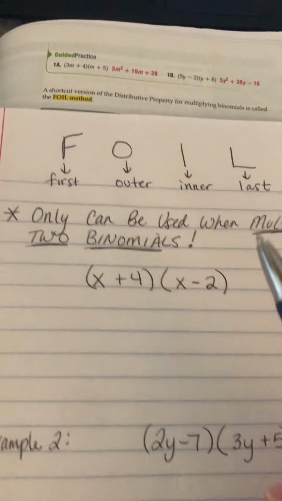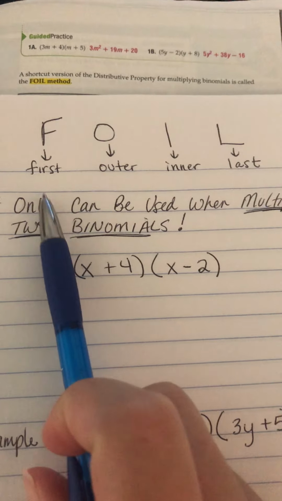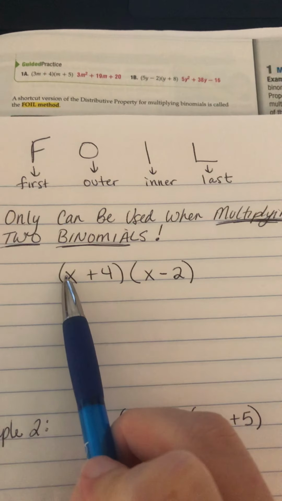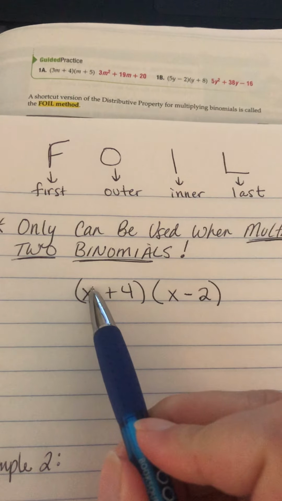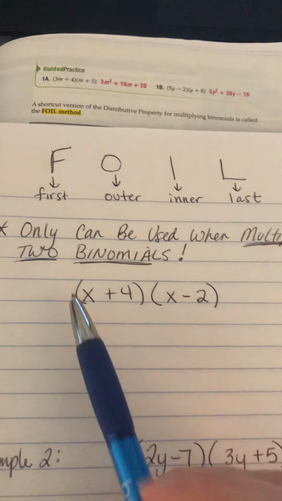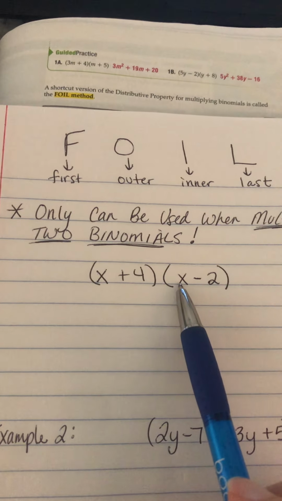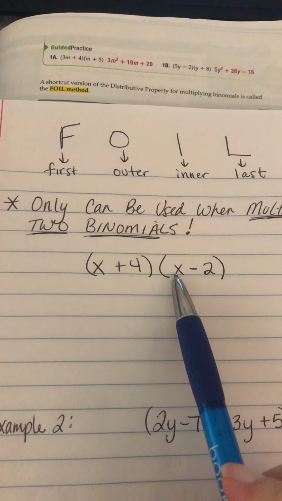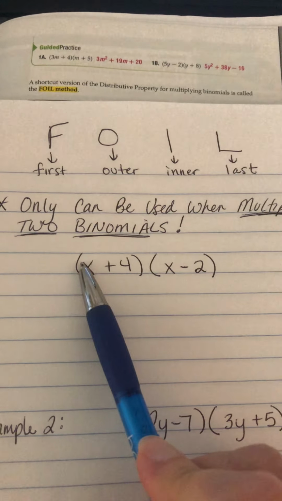And what you're going to do, because this whole lesson is on multiplying polynomials, is multiply the firsts, multiply the outers, and so on. On this example, which is the one given to you in the key concept box, if you start with the F of FOIL, the firsts are the x and the x, because those are the first terms of each binomial. So again, you multiply the terms. So x times x